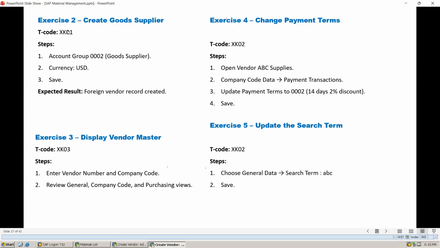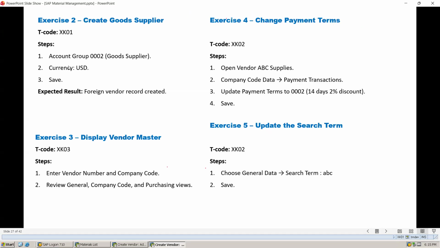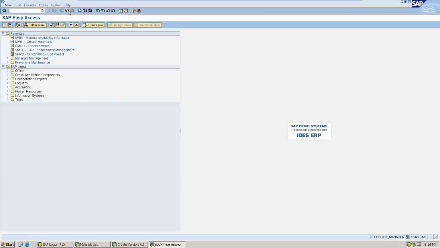So we now know how to create vendors with different account groups. Let's see how to display an already created vendor. Remember, I told you that in SAP, typically you will find a pattern 1, 2, 3, where 1 is typically to create and 2 is to change and 3 is to display. So if I went back to the tree view,